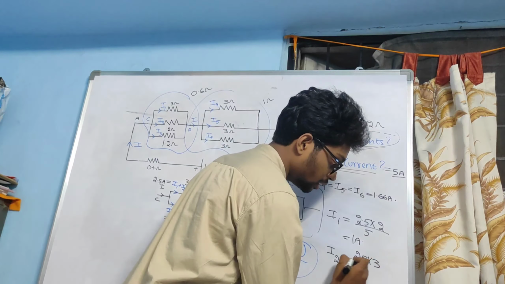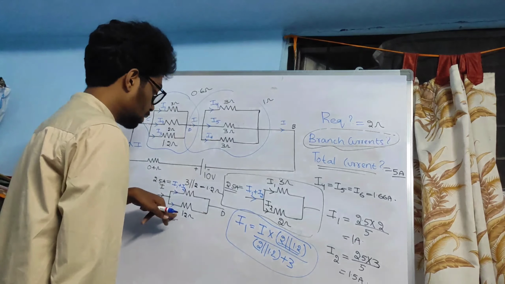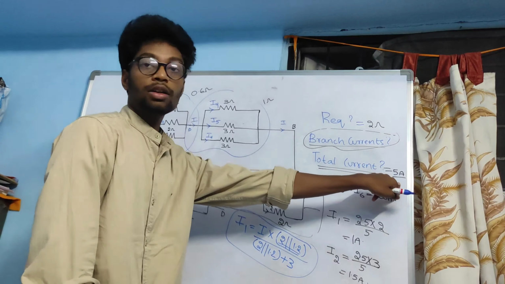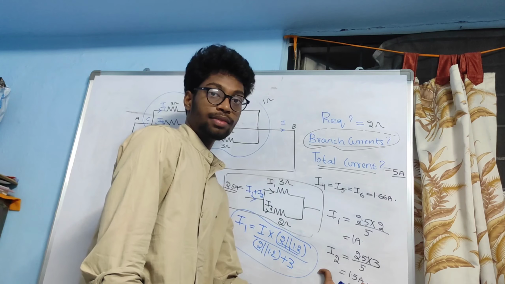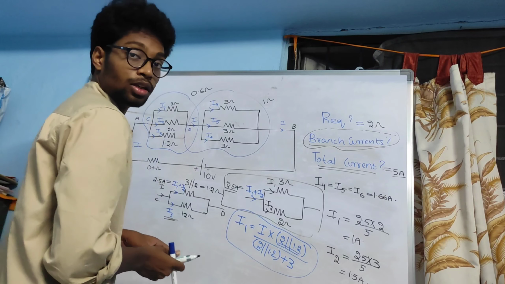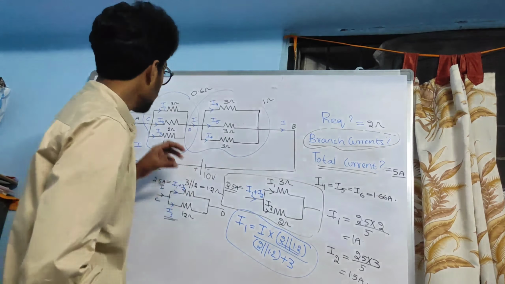1 ampere plus 1.5 amperes plus 2.5 amperes, that is I3. You will get total current I equal to 5 amperes. That means you have done it correctly. Okay. Rather than doing I1 by the earlier formula, just do this. Okay. The answer will be correct and the procedure also is correct, friends. Okay. It is very easy rather than doing by the other method.